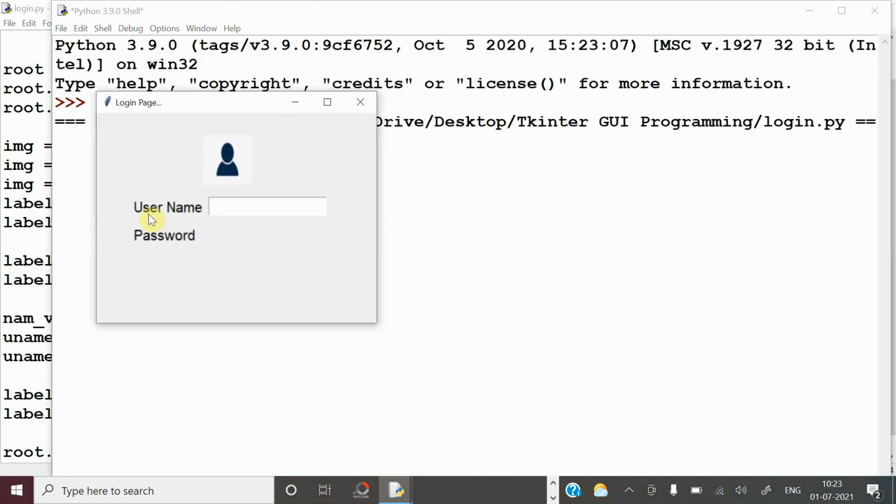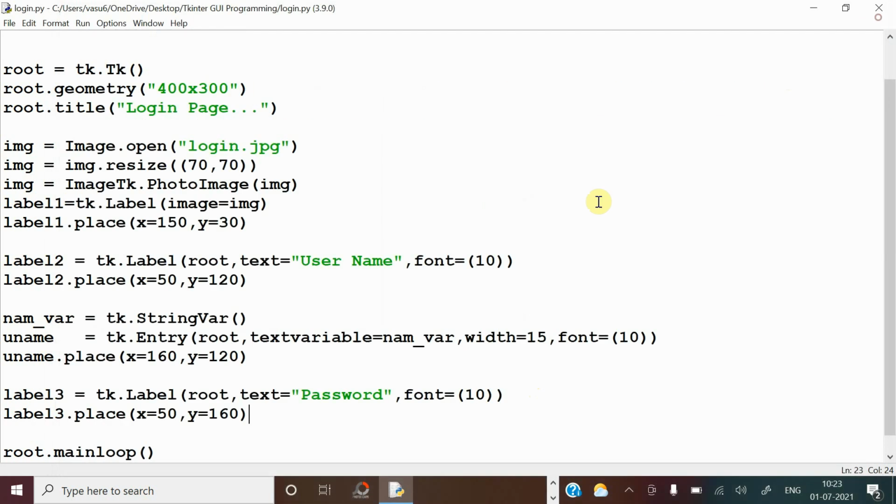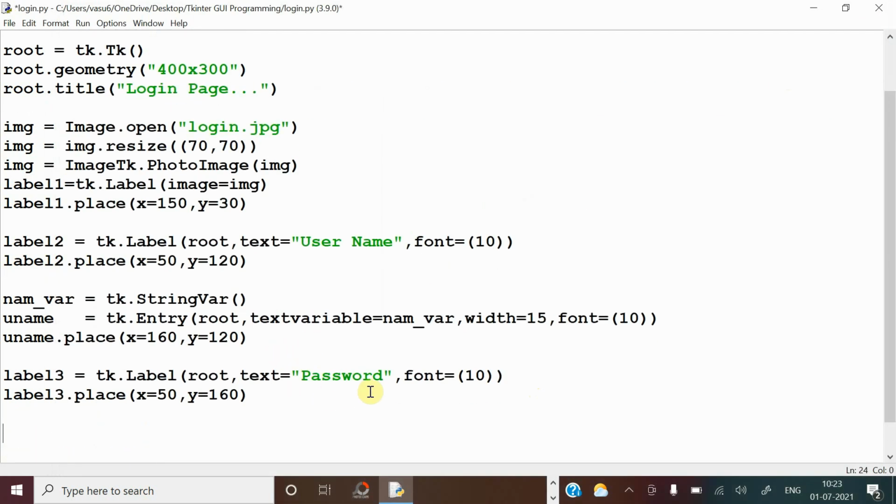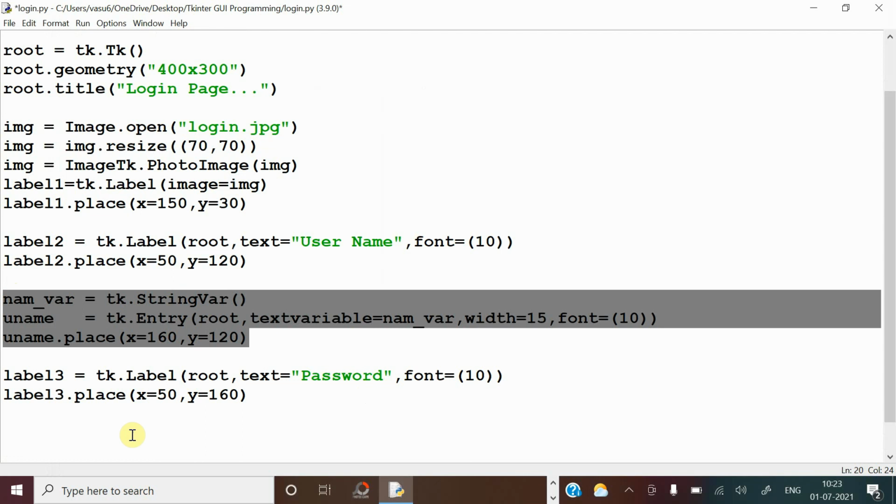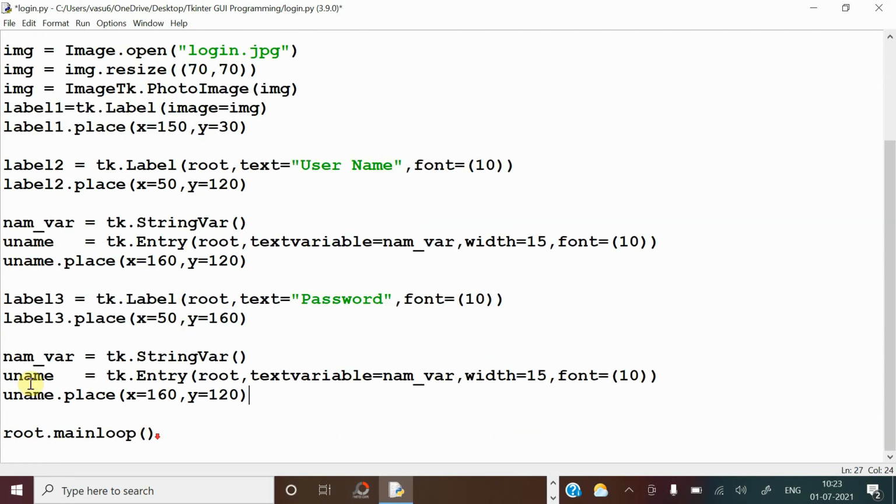So now here you can see that username box is there, password, but till now this entry box is not there. We have to create that box also. So again we have to go with that box. So like the username text entry box you can create here, but here it should be password. Yeah, it is not the name var, it should be the pwd var.